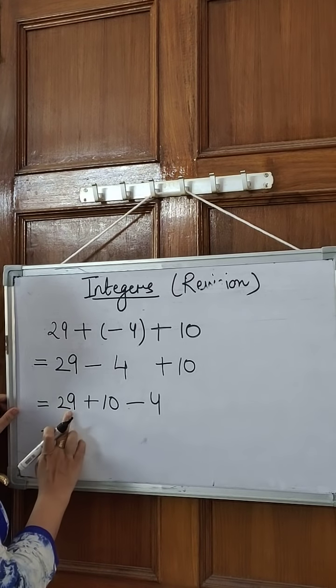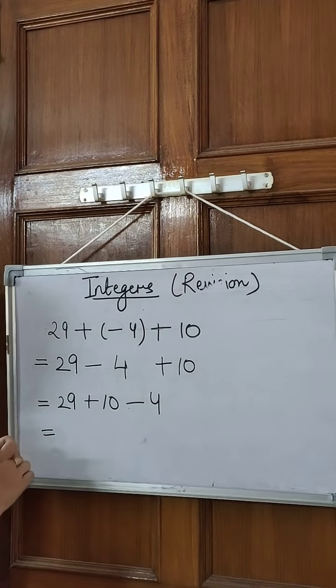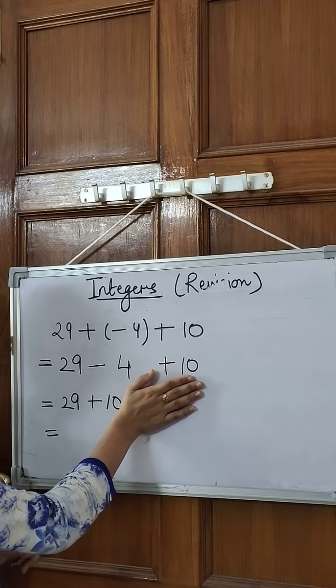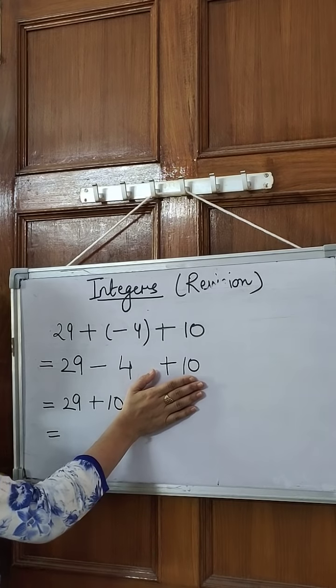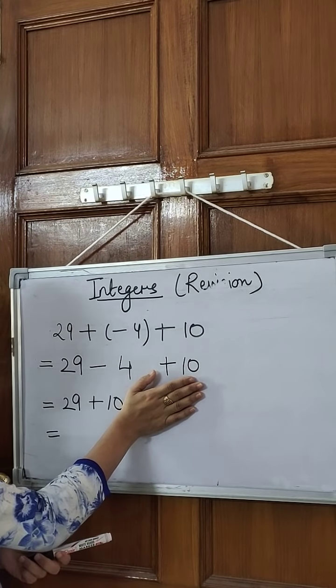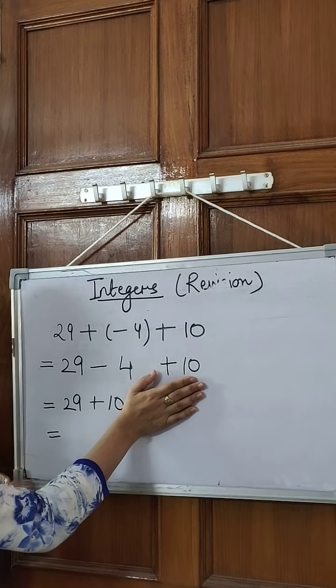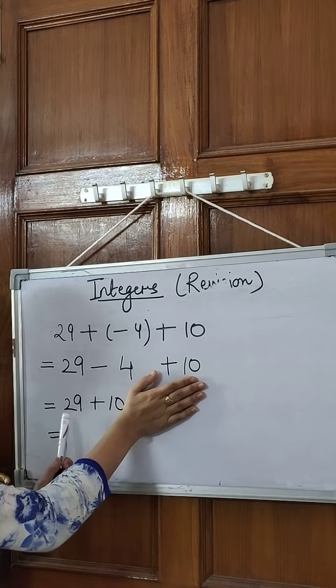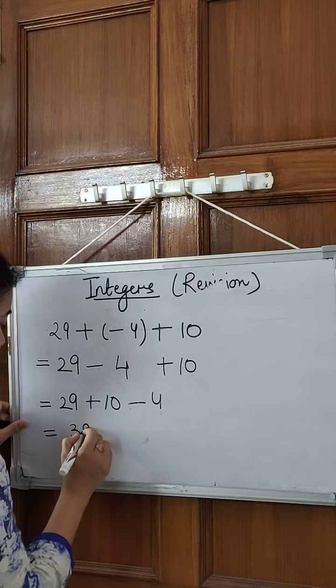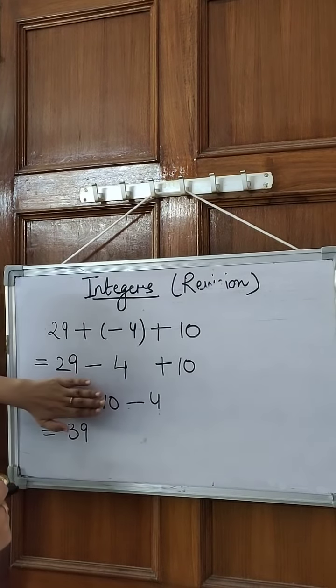Okay, now plus plus. Now forget about this third number. This is arranged now. Forget about it. Okay, only focus on the first two numbers. That says plus plus. This is a normal whole numbers or any numbers you can say that we have to add. So 29 plus 10. 29 plus 10 is 39. So we'll add them, 39. Okay, so these two numbers we have solved.